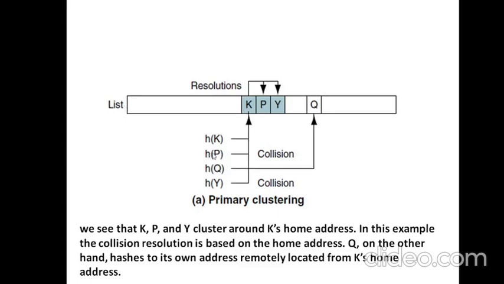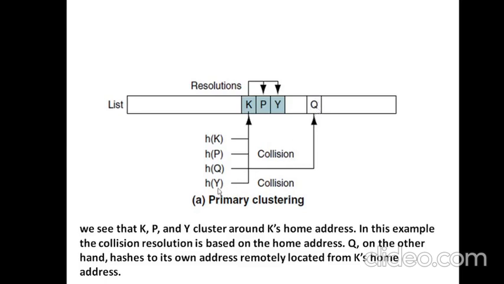After storing k, we want to store p and use the same hash function, but this time it also produces the same address, so we call it a collision. Because of this collision, we store p in the next address, because we are simply following the address plus 1 formula, so it gets stored into the next immediate address. So the problem is resolved, and after some time we want to store q, and q has a totally different address, so without any collision it gets stored in its address.